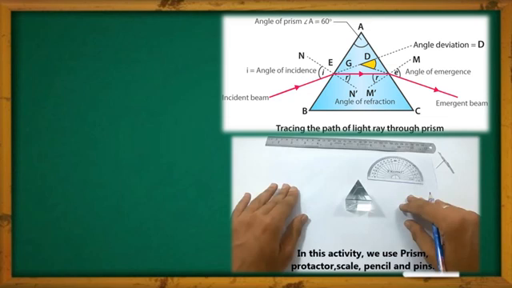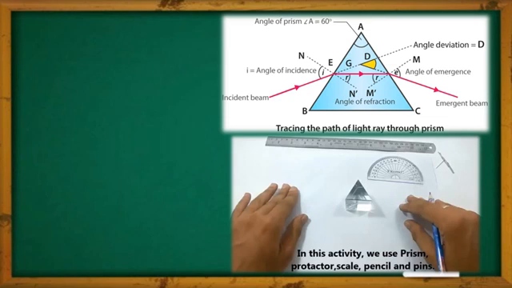As I told you, there are several important terms related to the prism. As you can see in the diagram, the prism has several important terms like incident ray, emergent ray, angle of prism, angle of deviation. So what are those? Let us know. Here is a prism ABC which has two refracting surfaces, AB and AC, and BC is the base of the prism.